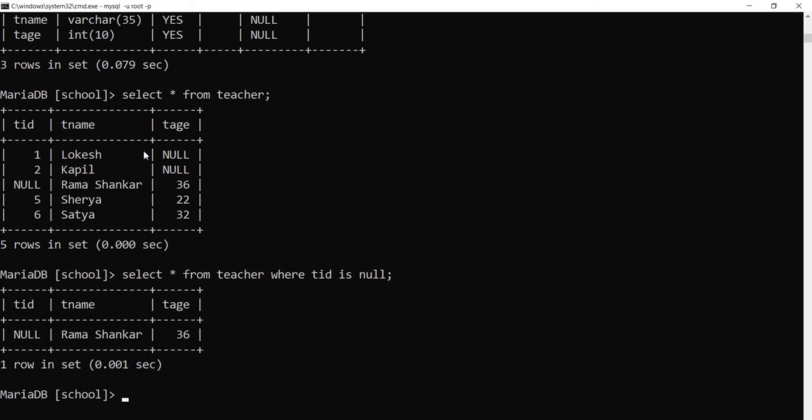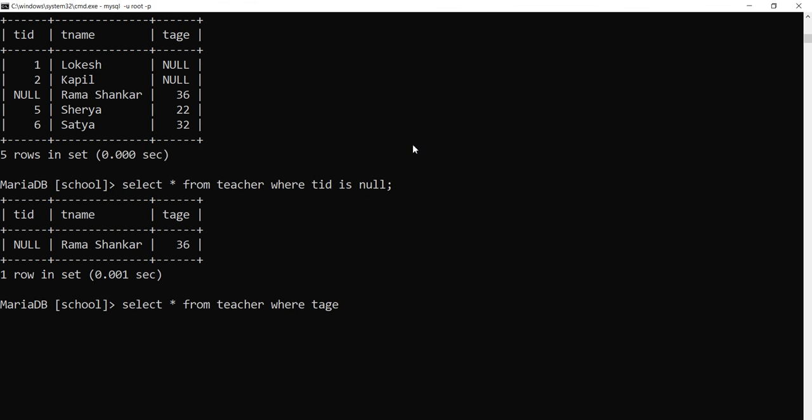If I want to get the result of all the nulls in TH, what will I type? Just type select asterisk from teacher where TH is null.